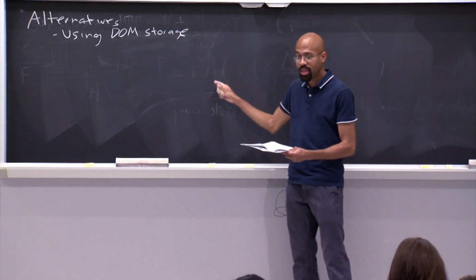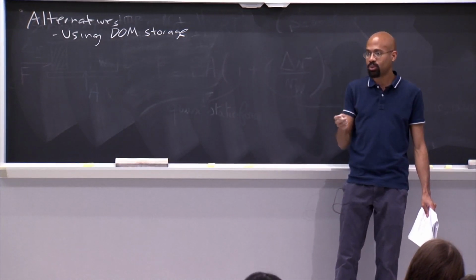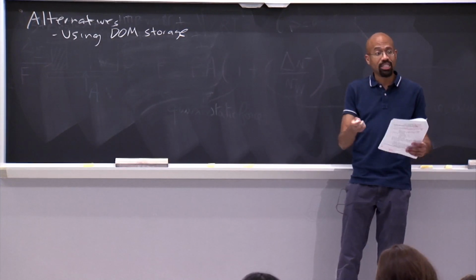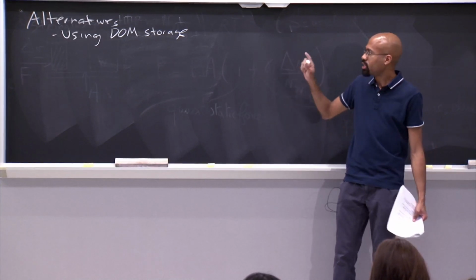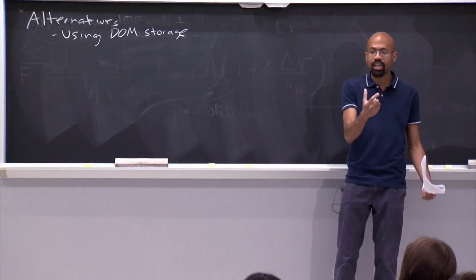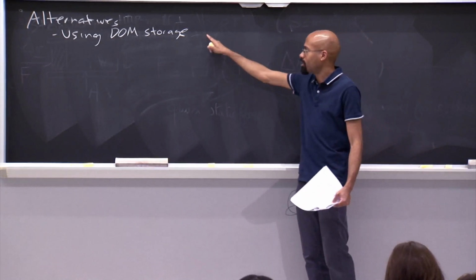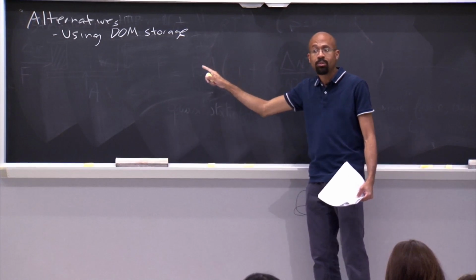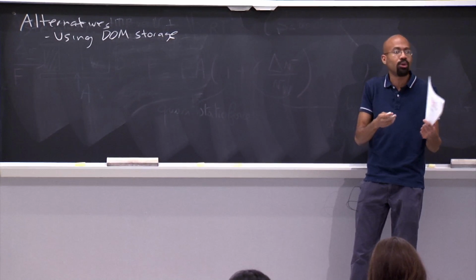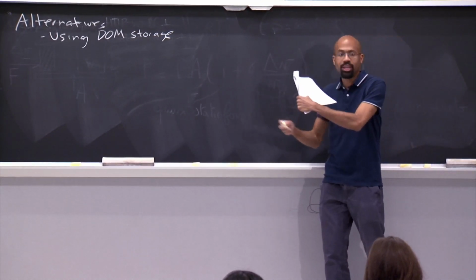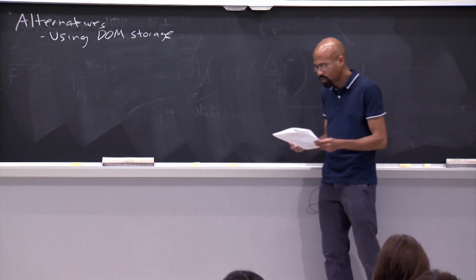Now, the nice thing about this is that DOM storage has much less wacky rules with respect to the same origin policy. If you remember cookies, you can do all these tricks with subdomains and stuff like that. It got kind of weird. DOM storage is strictly tied to a single origin. You can't do any of this subdomain expansion, all that kind of stuff. And so frameworks like Meteor use DOM storage for this very reason. But note that if you want to store authentication information in DOM storage, then you have to write JavaScript code yourself to pass that authentication information to the server, to do the encryption that's necessary, and so forth. So that's one thing you could do.